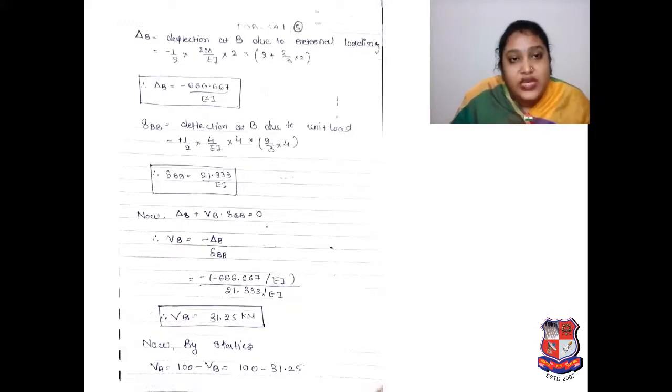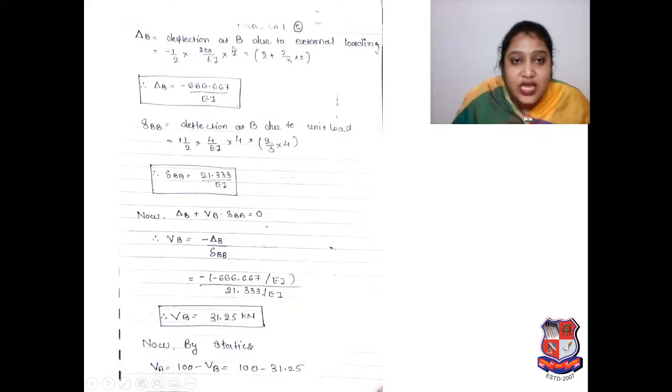Okay, so we can say the deflection at B. In our previous slide you have seen we discussed our M upon EI diagram. So in the first case what was there? 200 upon EI. There was a triangle, so the triangle area will be 1/2 base into height. As per that, 1/2, whatever your length was as the base, and whatever your M upon EI value was, 200 upon EI, it was in downward direction, therefore minus sign.